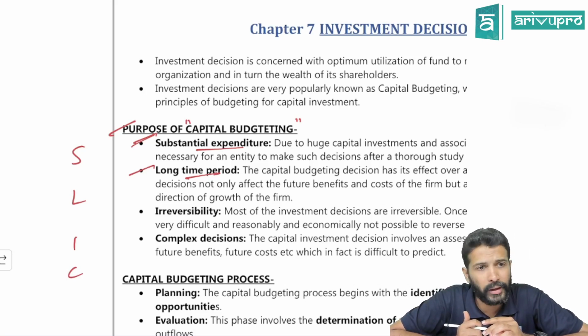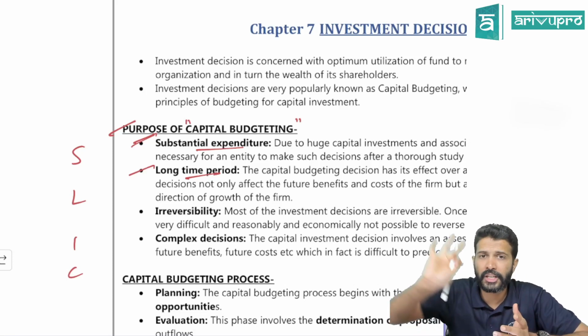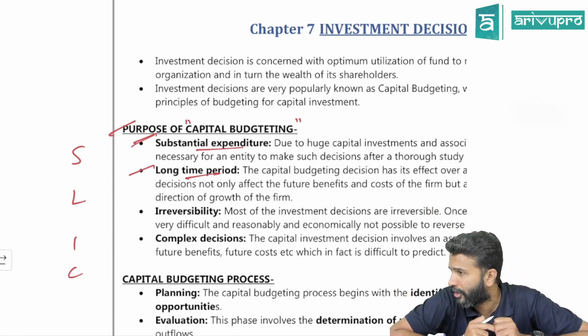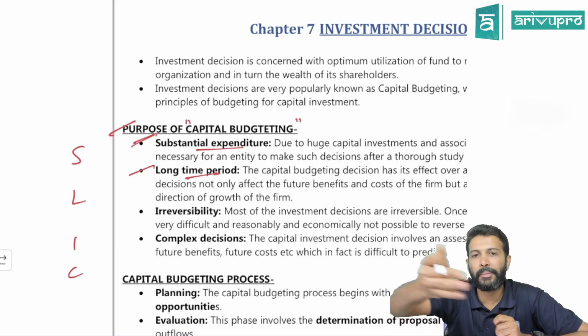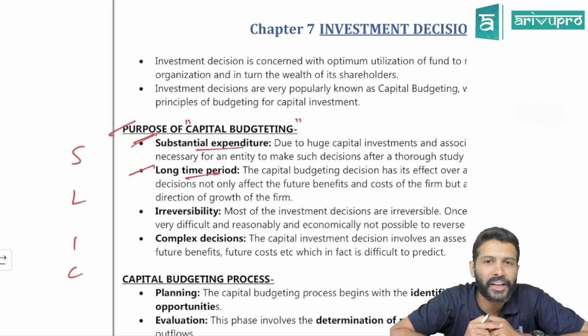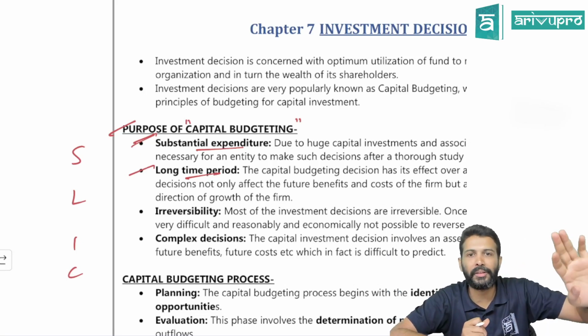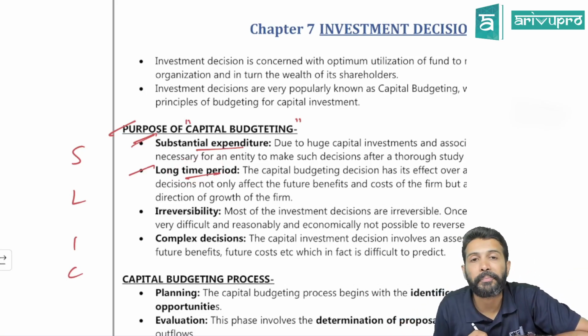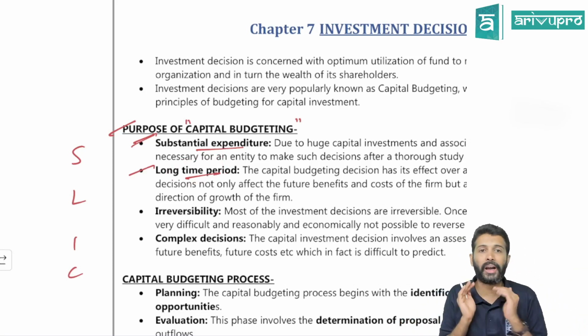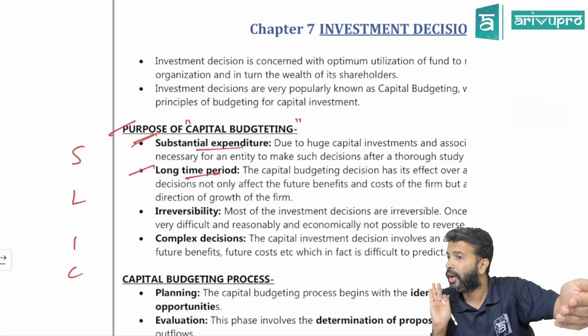If you have started any business, let's say you bought machinery worth 100 crore rupees. Can you replace that machinery within the next year only? Like we have purchased a camera, these assets and all. Would we use it for one year, throw it away and buy a new one? Or does it have a long-term impact? These expenditures will impact your business for a very long period of time.